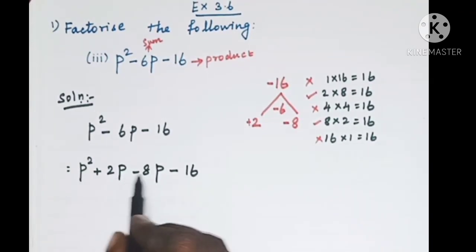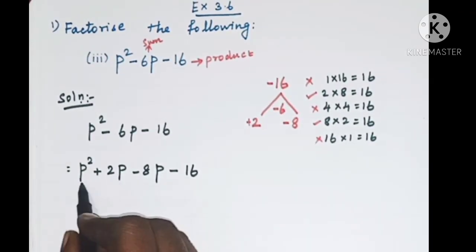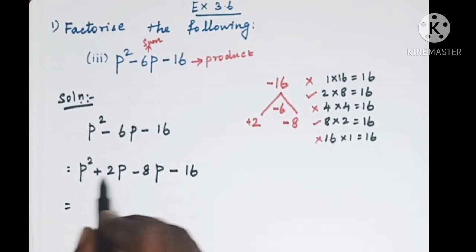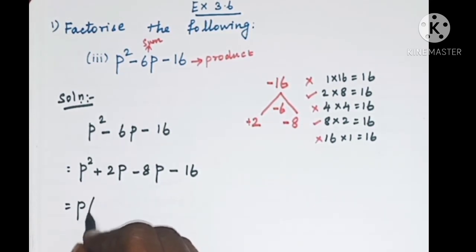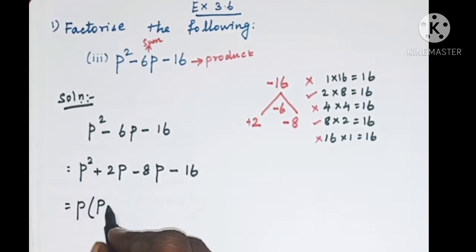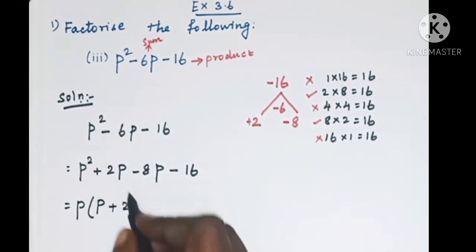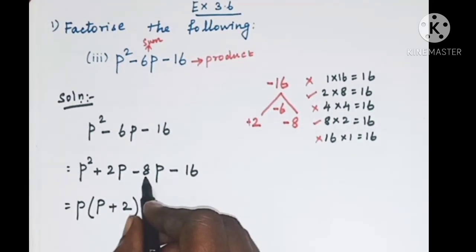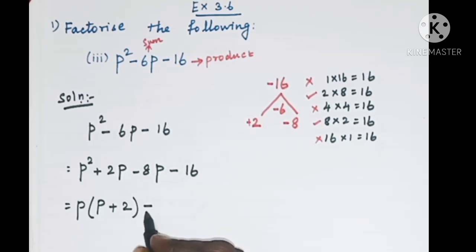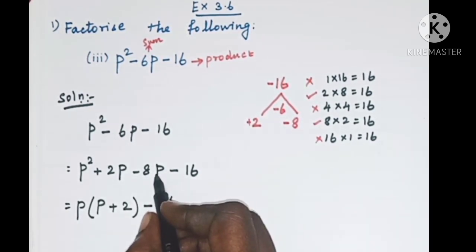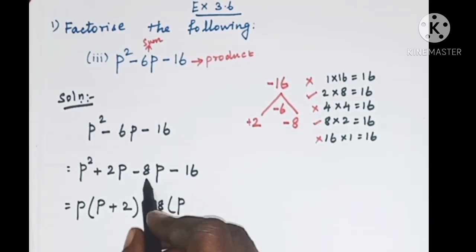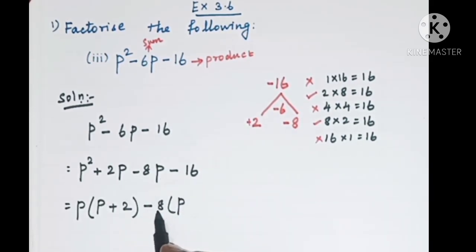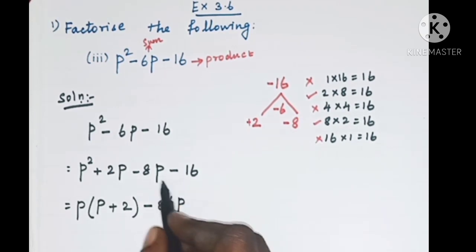Now in these 4 terms, we have to take the first 2 terms and identify the common variable. Here p is the common variable in both the terms. Take that p outside. So the remaining is p, p into p, p square, plus 2 into p, 2p. Minus, from these 2 terms minus can be taken outside, and then 8 also can be taken outside. So from the third term we taken 8 outside, so the remaining variable is p.